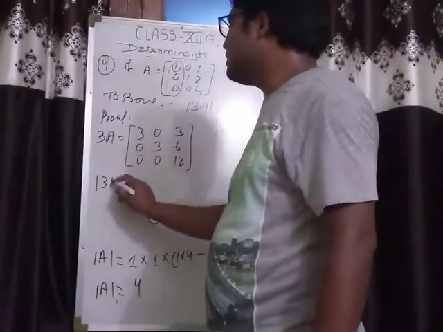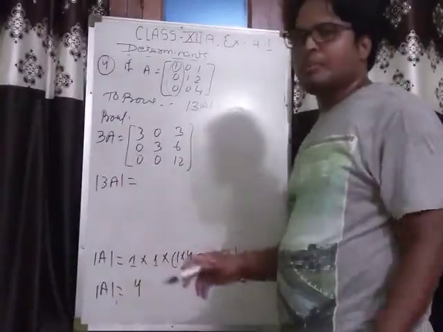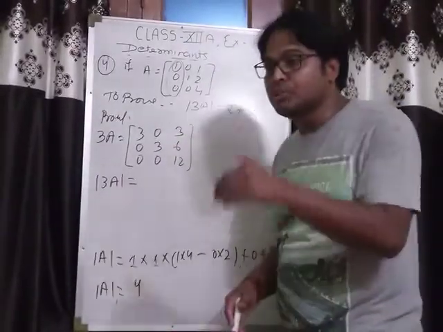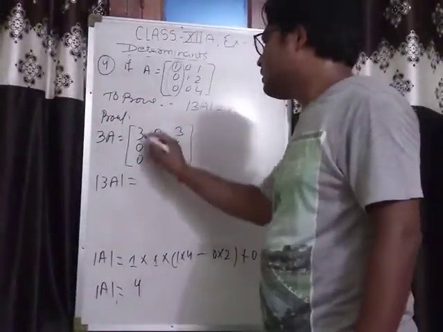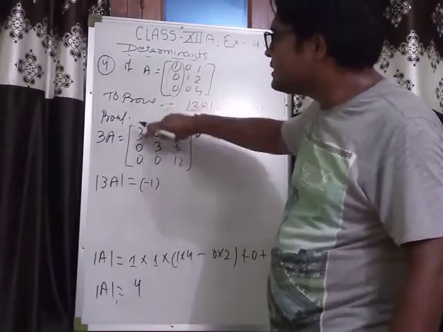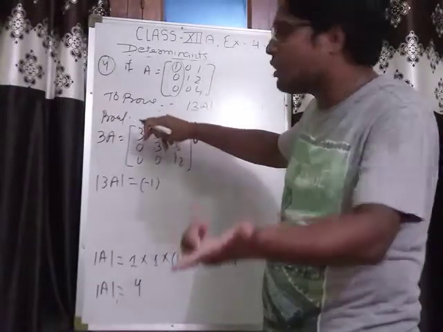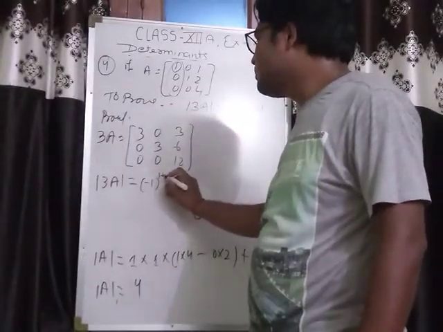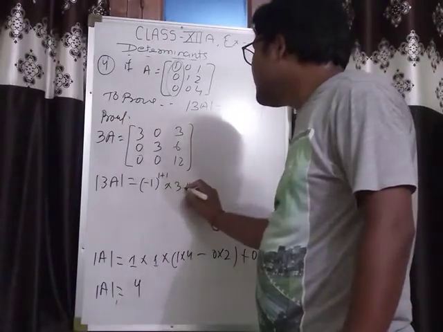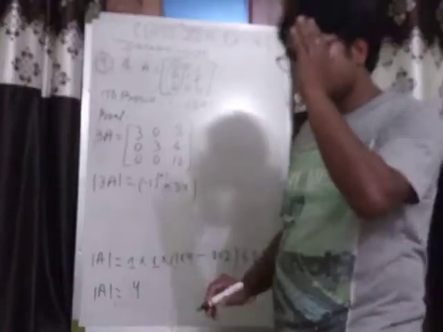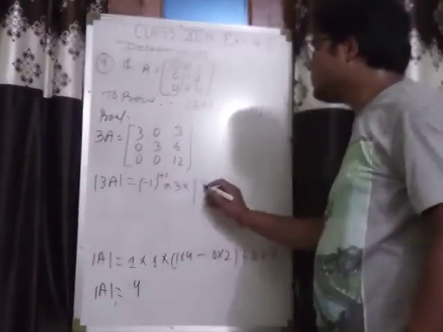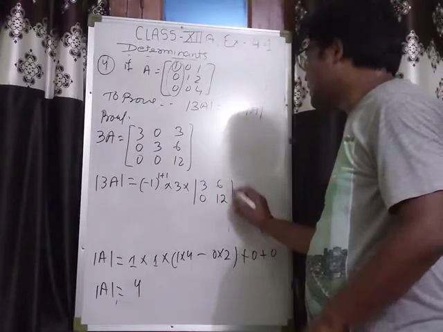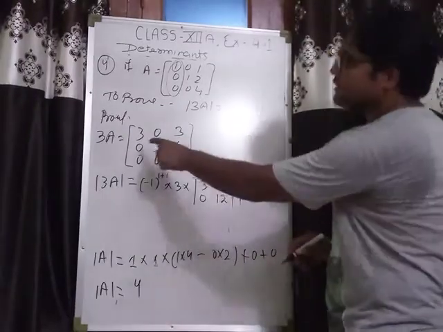So determinant of 3A will be what? See, again I am going to find out its determinant using the first column, so by using these entries. So clearly we have (-1) to the power 1 plus 1, because this entry is the first row first column entry, into this entry into the determinant of that square matrix of order 2 by 2, which we can find out by leaving the first row and first column. So leave this first row and first column, we have 3, 6, 0 and 12, and plus you can see this entry, that will be 0.